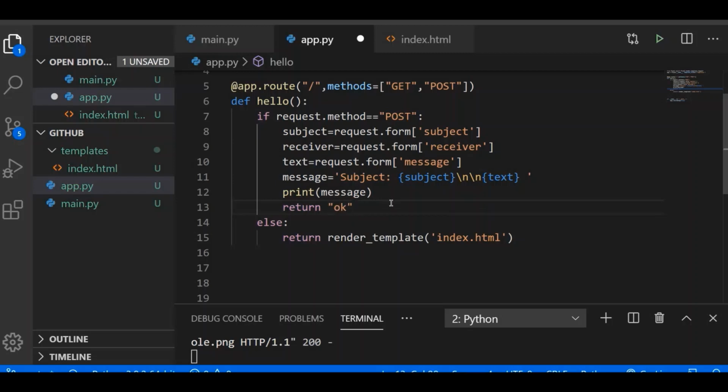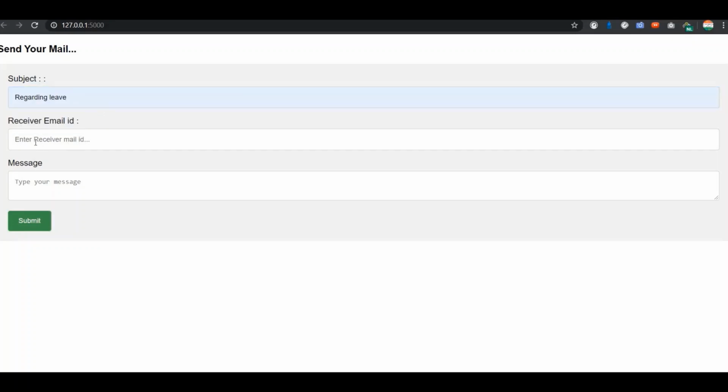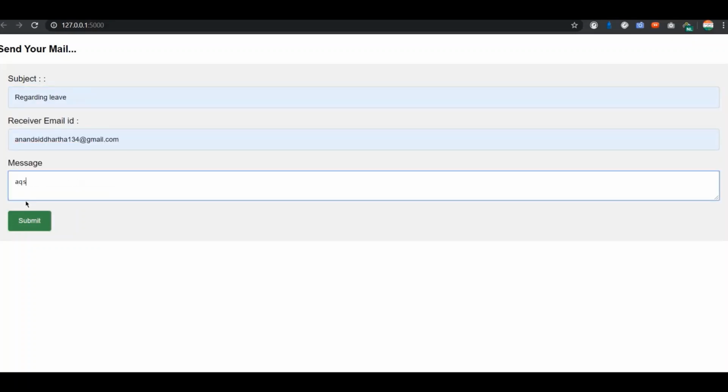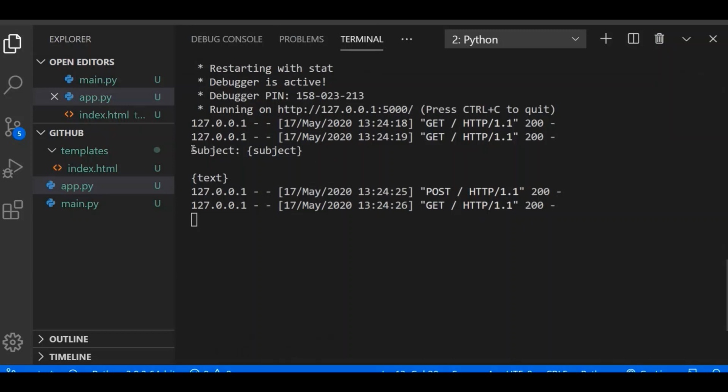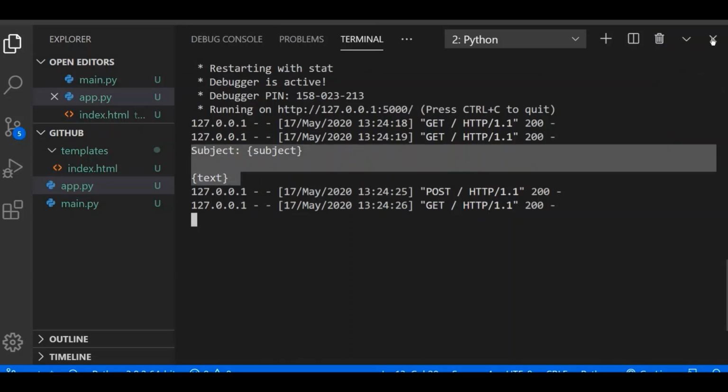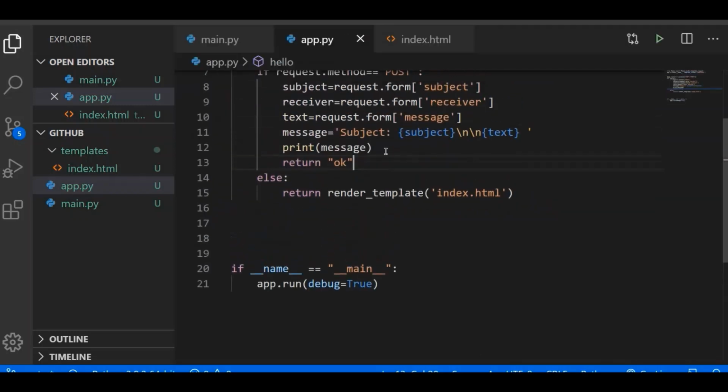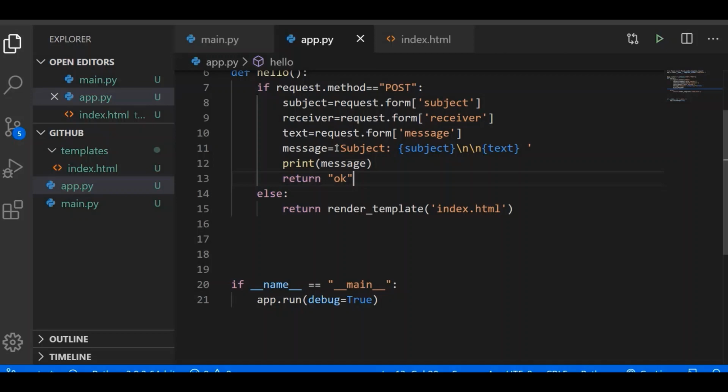Okay. So just for verifying this I am doing so. Let us rerun our code. So yes, okay has been printed here. Let us check whether the message that we were printing was printed or not. So yes, it is printing, but it is not taking the f-string. Let us see why. We have not used f here. If we do not use f, then how will it treat it as an f-string?